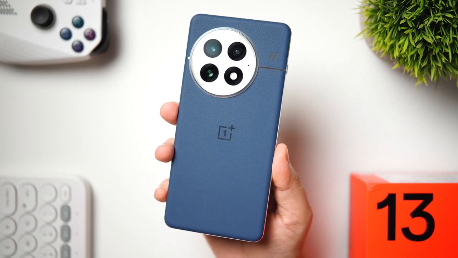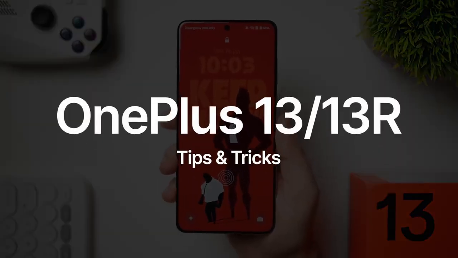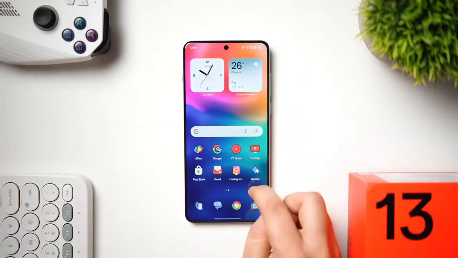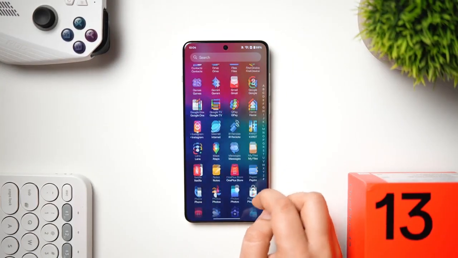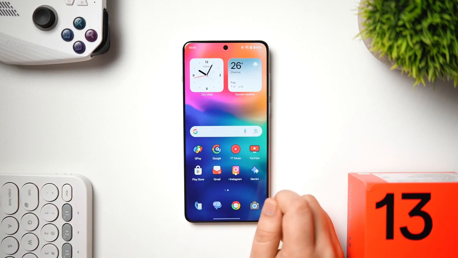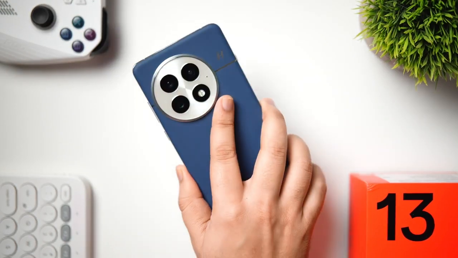Here I've got this beautiful looking device from OnePlus, which is the OnePlus 13, and in this video I'll show you some of the best tips, tricks and hidden features related to this powerful smartphone. This phone is running the latest Oxygen OS 15, which has a lot of amazing features and customizations. I'm gonna show you some useful ones that will help you to get the most out of your brand new